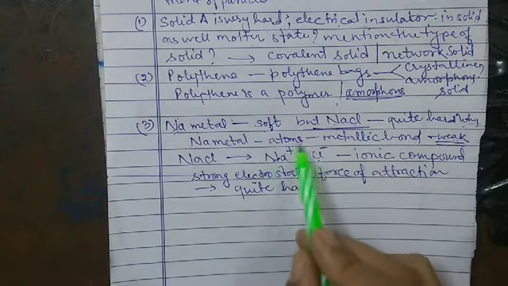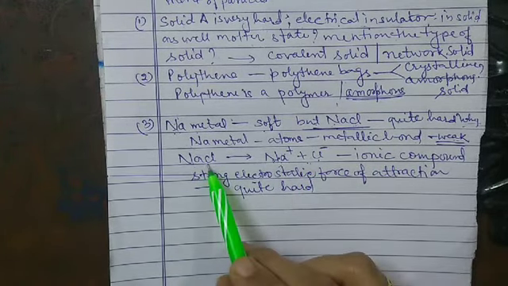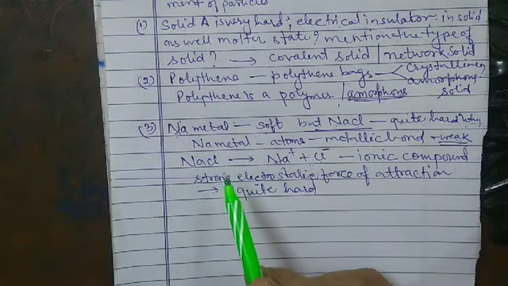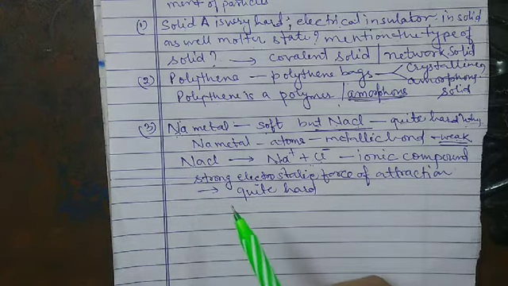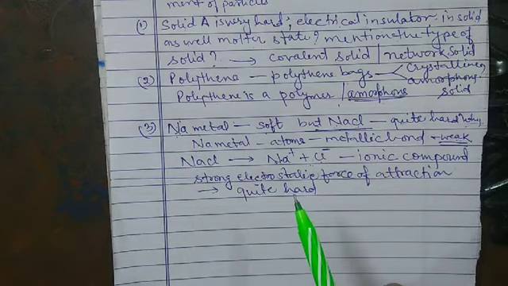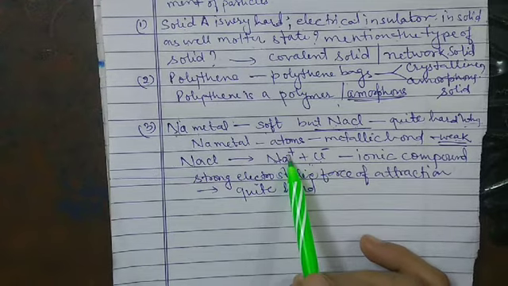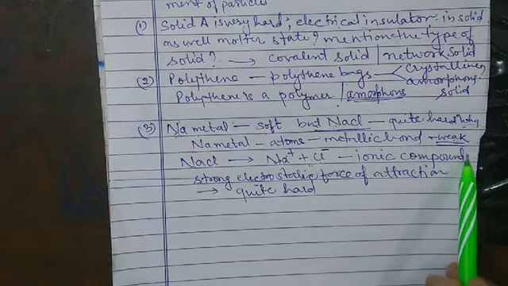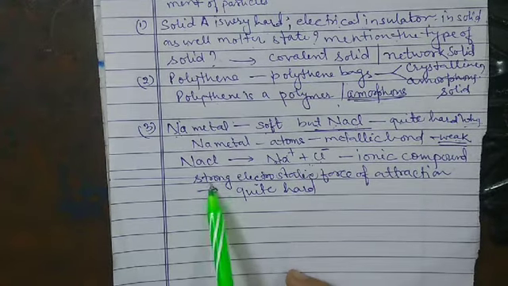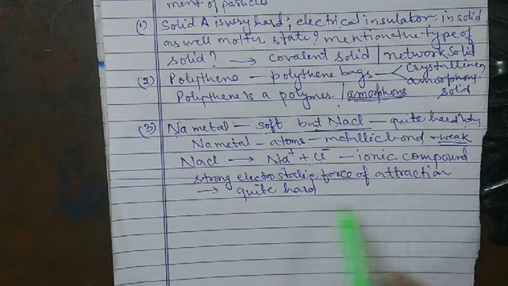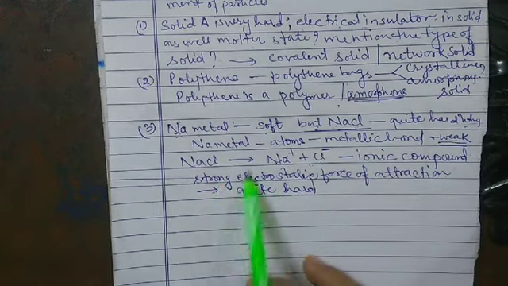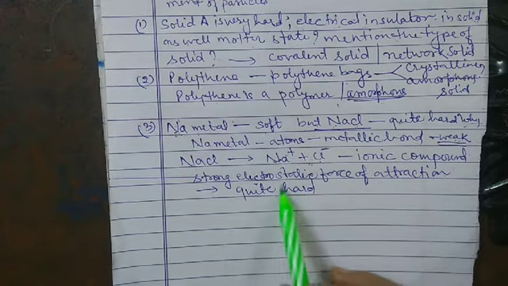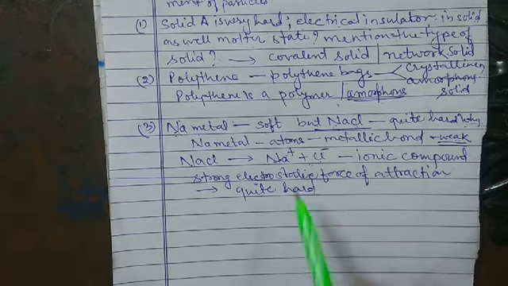And an ionic bond is formed between the NaCl, the sodium chloride. The bond is an ionic bond, and we all know very well that an ionic bond is a very hard bond. It is a very strong bond because it is formed by the combination of the positive and the negative charge. So the ionic compounds are there. It is an ionic compound. In between them, a strong electrostatic force of attraction is there, and if there is a strong electrostatic force of attraction, definitely it is quite hard. So that is the reason.